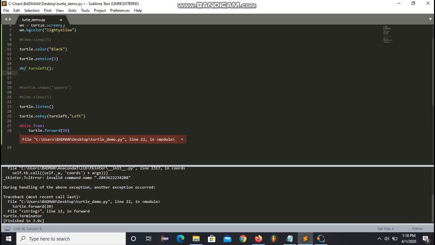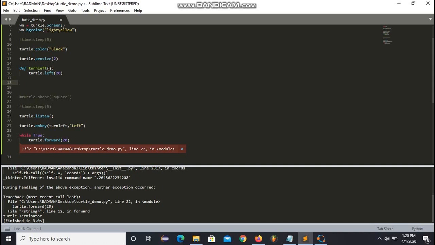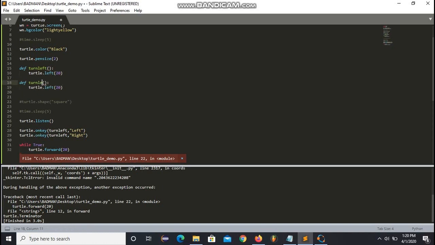In this function I want to move my turtle in the left direction, so I will specify turtle.left. The turtle.left function will be used to move your turtle in the left direction, and here you will specify the angle through which you want to move your turtle. Like if here I specify 20, then it will turn your turtle by 20 degrees. If you want to move your turtle to the right, then you can just change the key value. You can specify any key, like the space bar or up key or down key, it's up to you. So I will just copy this function,